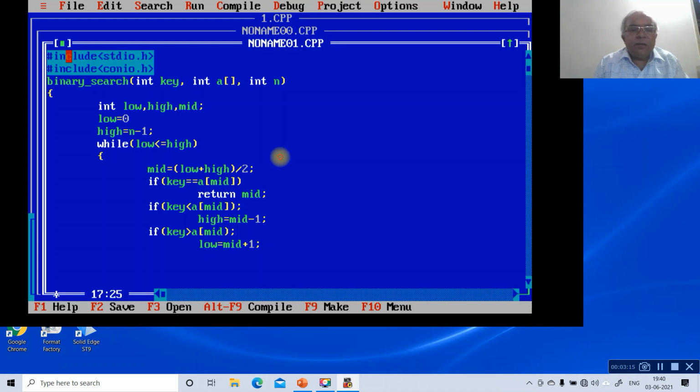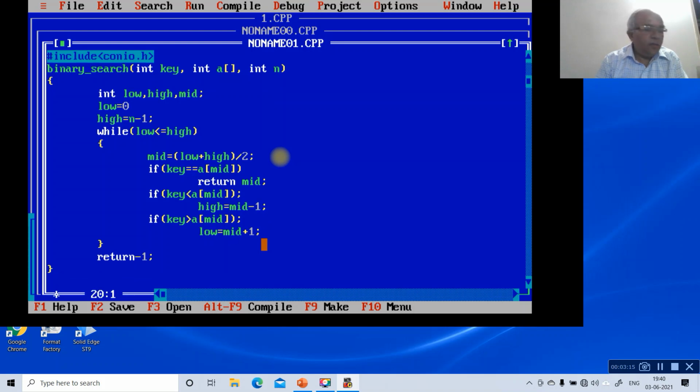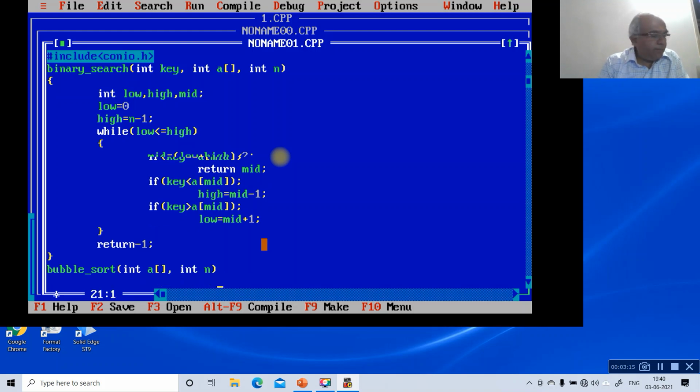Then we close this, then return minus 1, then close this. Now we are going to write the subprogram for the bubble sort. Bubble underscore sort, open, int a, then int n.